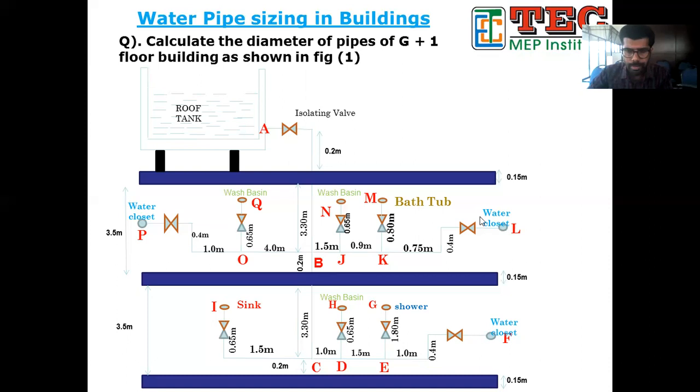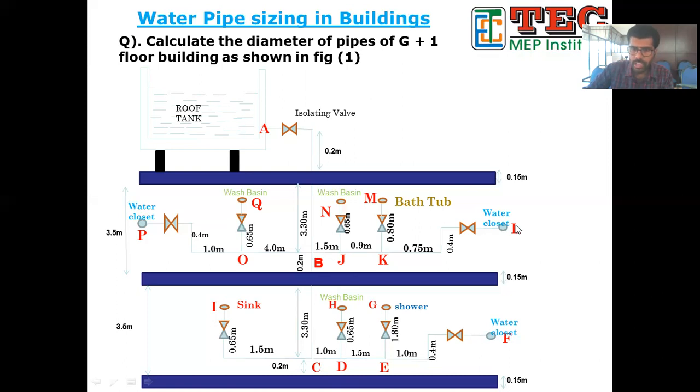So how to find the pipe size is, we have to go from back. First you have to find the pipe size of EF, then EG, then DE, then DH, then CD, then IC. Then if you get all these pipe sizes, the addition of these will be just this main pipe. Okay. Then you go there.